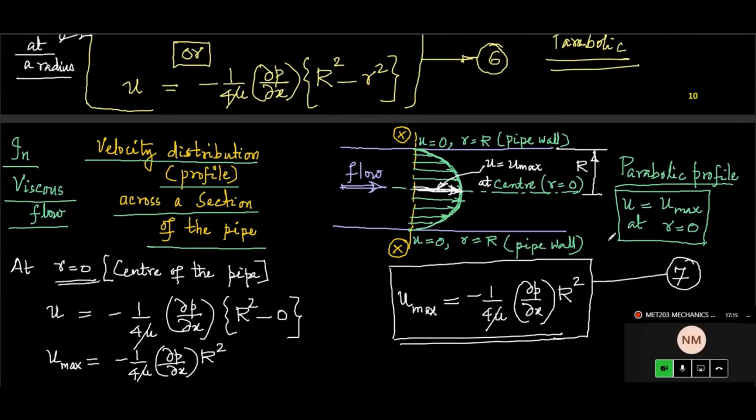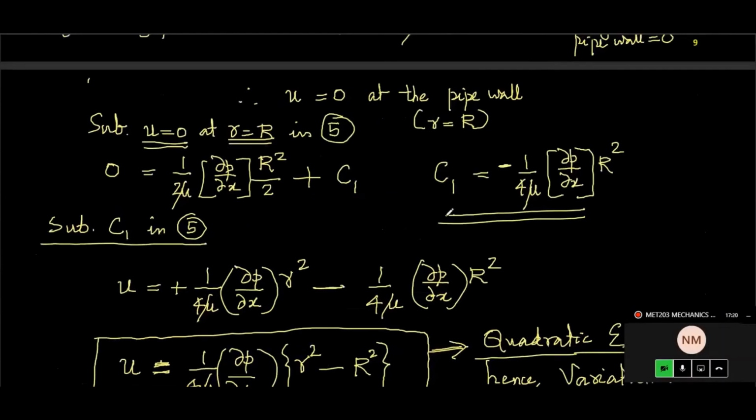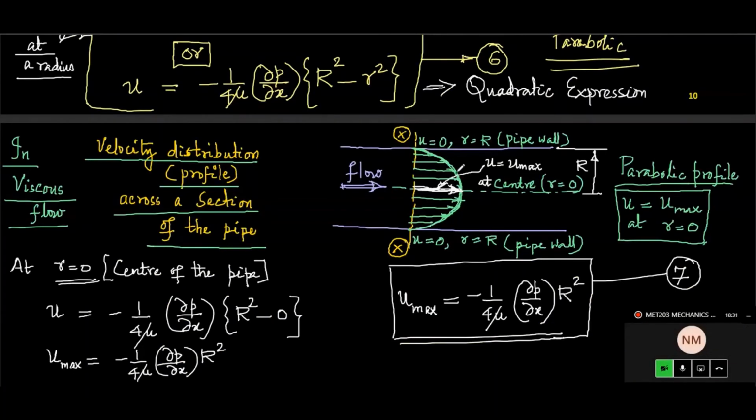So in the pipeline, the center line has maximum velocity. What is it at the wall of the pipe? That's already with the constant of integration: u is equal to 0 at the pipe wall, where small r is equal to capital R. The parabolic profile is this one. So when you approach the pipe wall, velocity becomes 0. From the center, where it is maximum, that velocity we got is minus 1 by 4 mu dou p by dou x into r square, and at the wall it is 0. So please do remember this velocity distribution, which is parabolic.